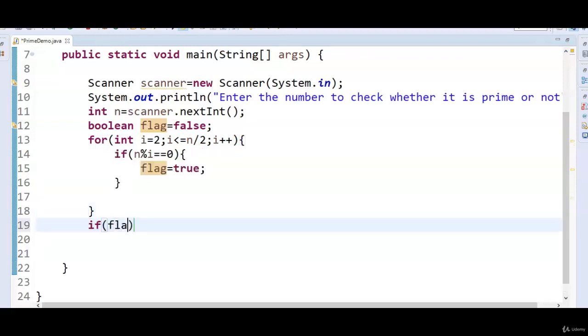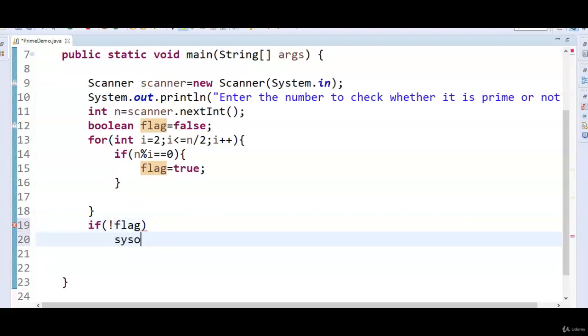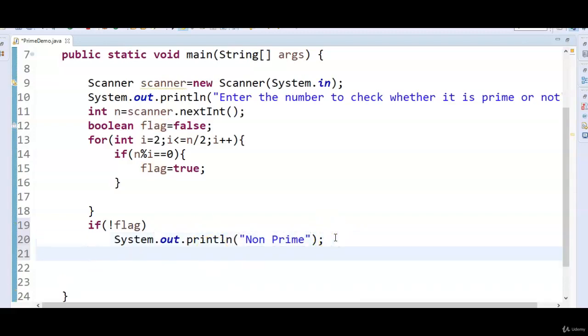Now I'm writing the condition: if not flag, we say sysout prime number, else, non-prime. So if not flag, it is a prime number.